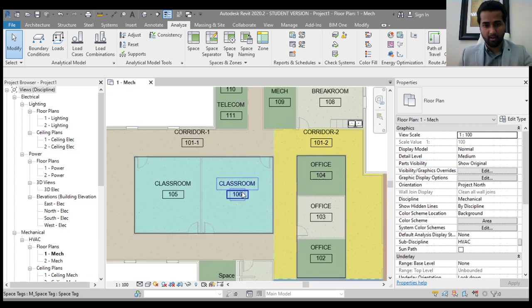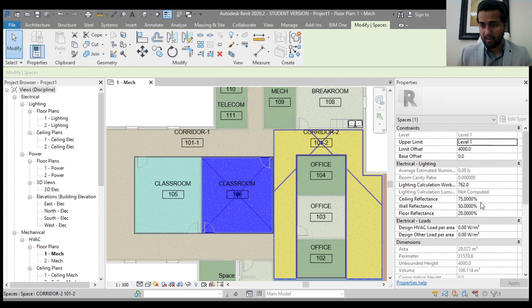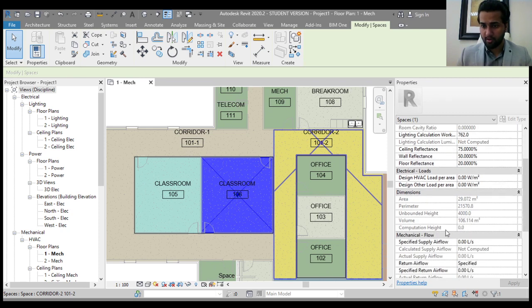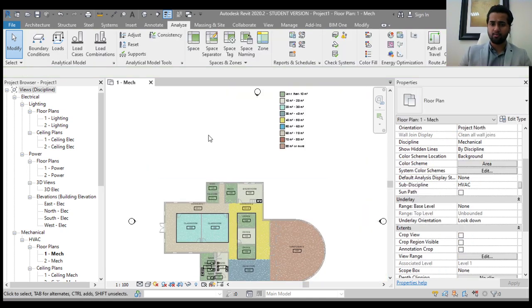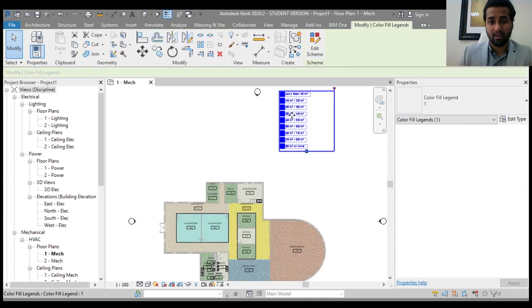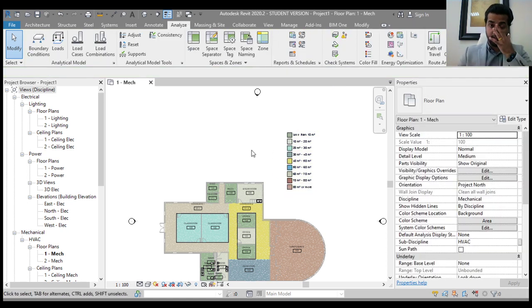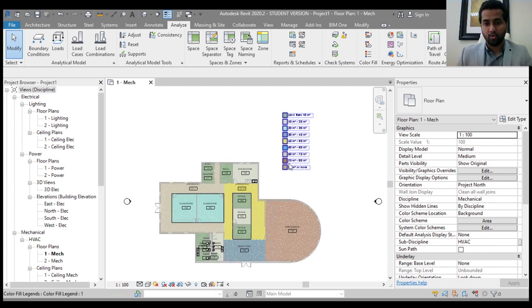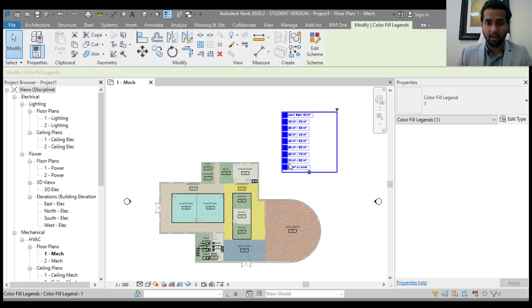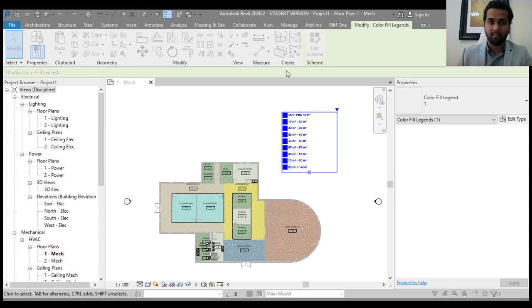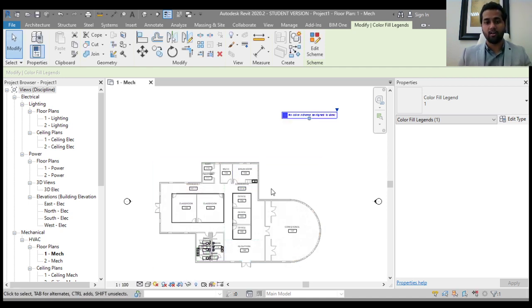Okay, so even if you click here, you will find that the area of this particular space is coming between 20 to 30, right? So to identify the spaces more easily based on any of the properties, you can add the color schemes and view that in your drawing window. In case you want to remove it later on, you can click on the drawing region, edit scheme, and put none. So you can hide those legends from your drawing window,